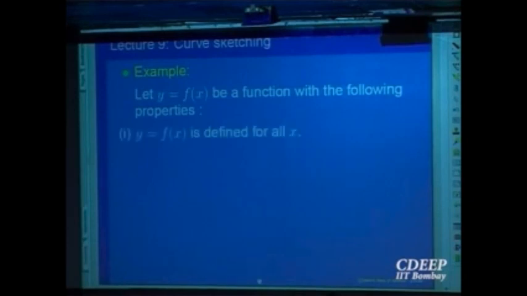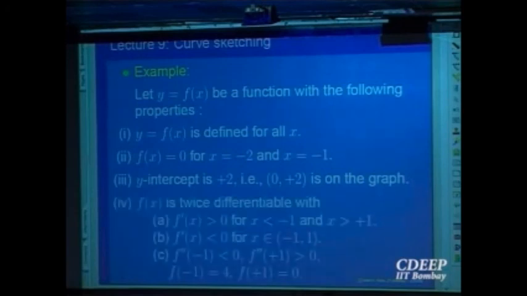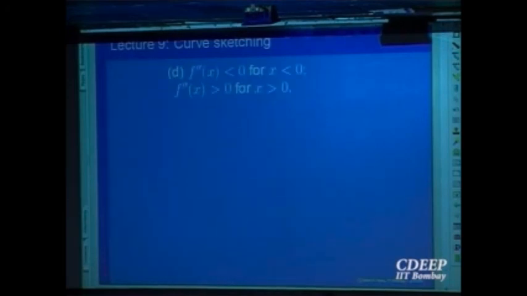So it's a function. I am not giving you the formula, I am just giving you the characteristics of the function. It is a function f of x equal to 0 for x equal to minus 1, minus 2. Right? Even if a formula is given, this is what you are going to deduce from the formula. These are the various things given. It is twice differentiable with first derivative bigger than 0 in this interval and less than 0 in this interval. Right? f at minus 1 is 4, f at plus 1 is 0. And such data is given, and the second derivative is less than 0 for x less than 0 and bigger than 0 for x bigger than 0, so the convexity, concavity nature is given to you. And then something about asymptotes is given.